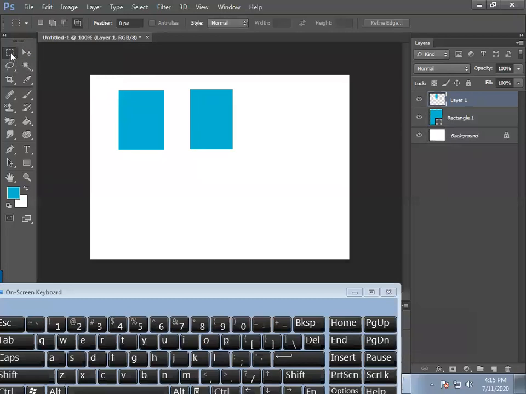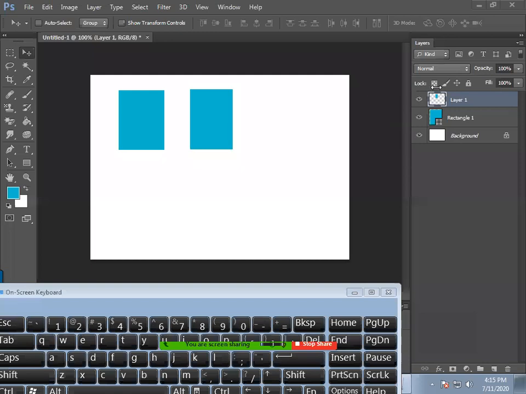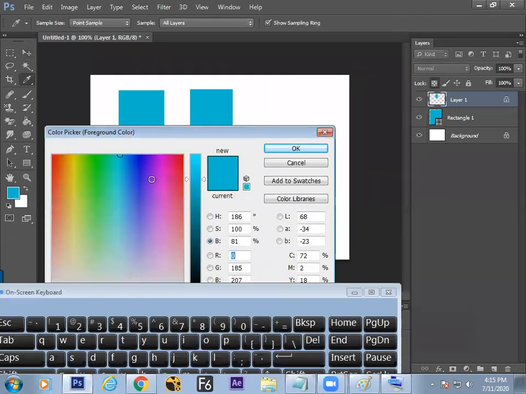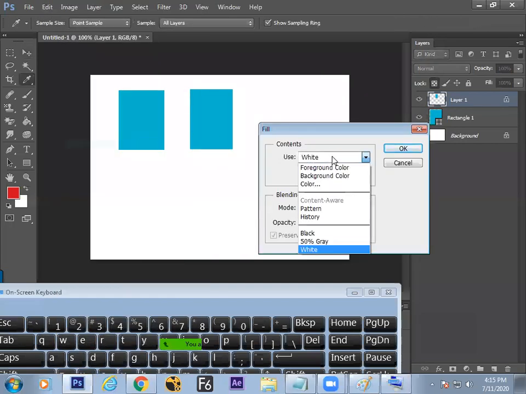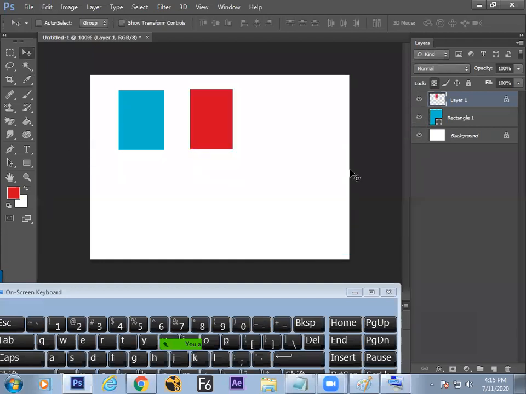Once you are making a rectangle through the rectangle marquee, yes, on screen there is no difference, but modification becomes a problem. What is the modification? If the client suddenly asks to change the color, then we need to lock this, go over there, then the edit menu, then fill with foreground. So many things to be done. But if we are using the rectangle shape tool, just double click on the layer, you'll find the window, and get it changed. So you can see the advantage of the rectangle shape compared to the rectangle marquee tool.